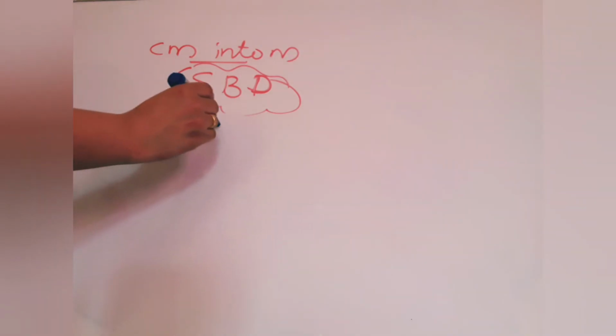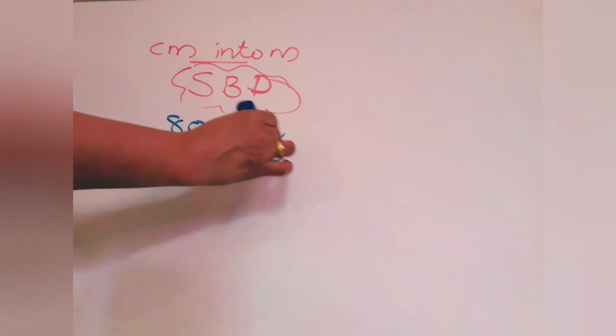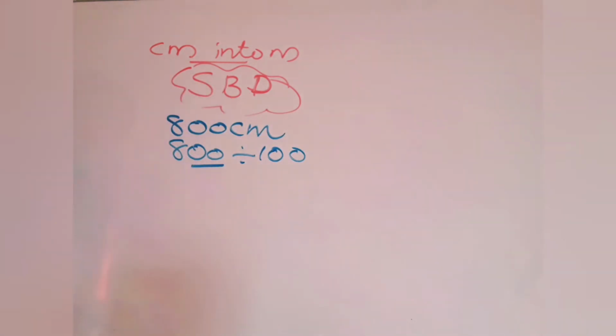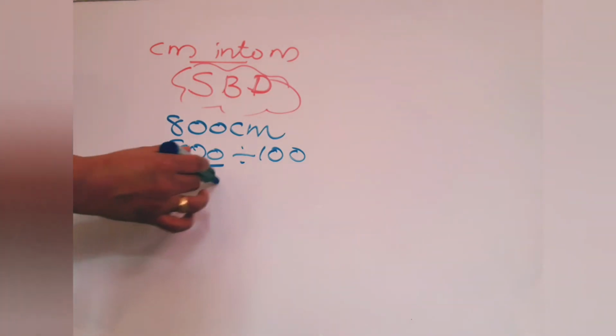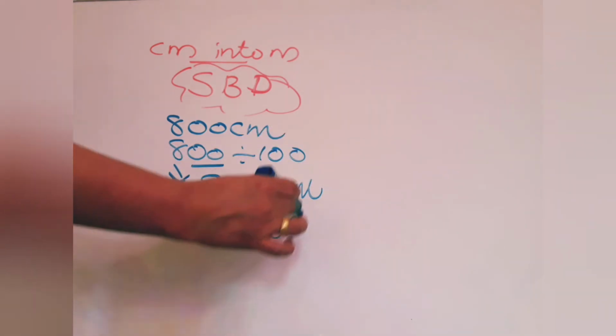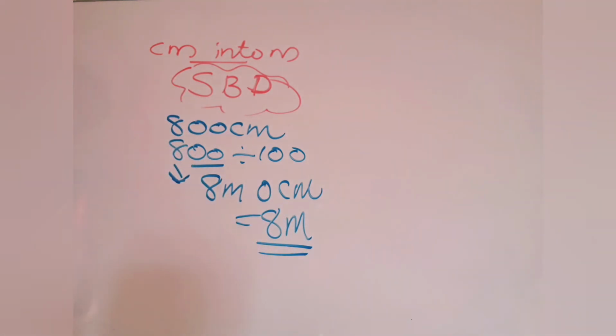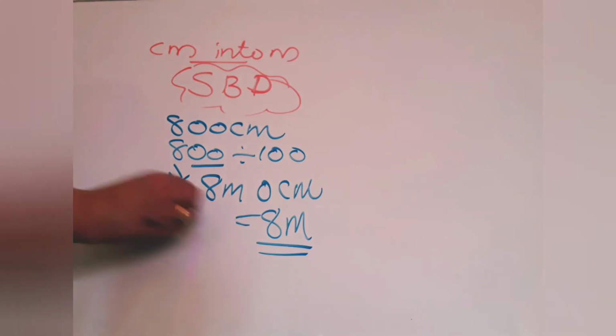So 800 centimeter. So we have to do 800 divided by 100. Okay. Then last 2 digit you underline because in 100 how many zeros? 2. What you did not underline? 8. Answer will be 8 meter 0 centimeter. That means answer will be only 8 meter. So when you get 2 zeros at last, you can do only that meter part. 0 you can skip, because 8 meter 0 centimeter means it is 8 meter. But sometimes you will get a number in that place. So that only we are going to see now.